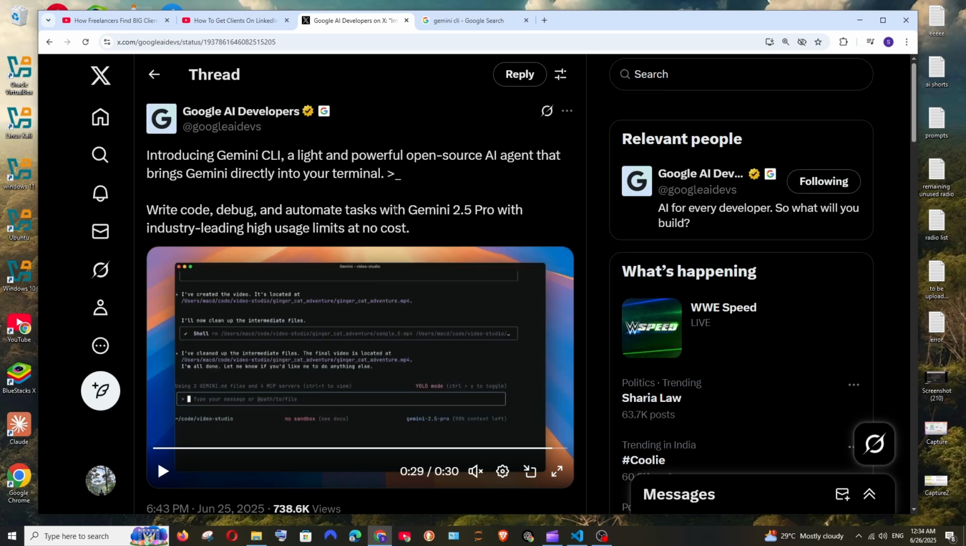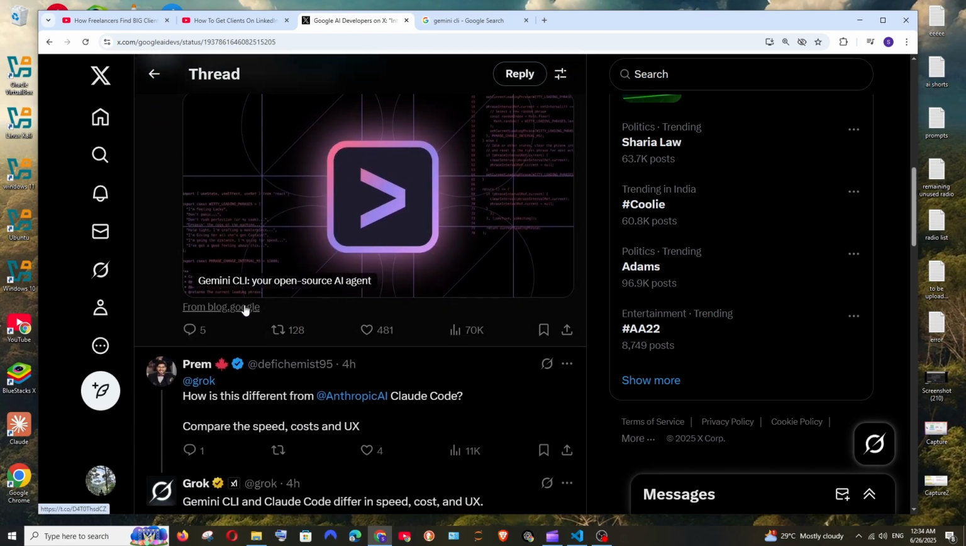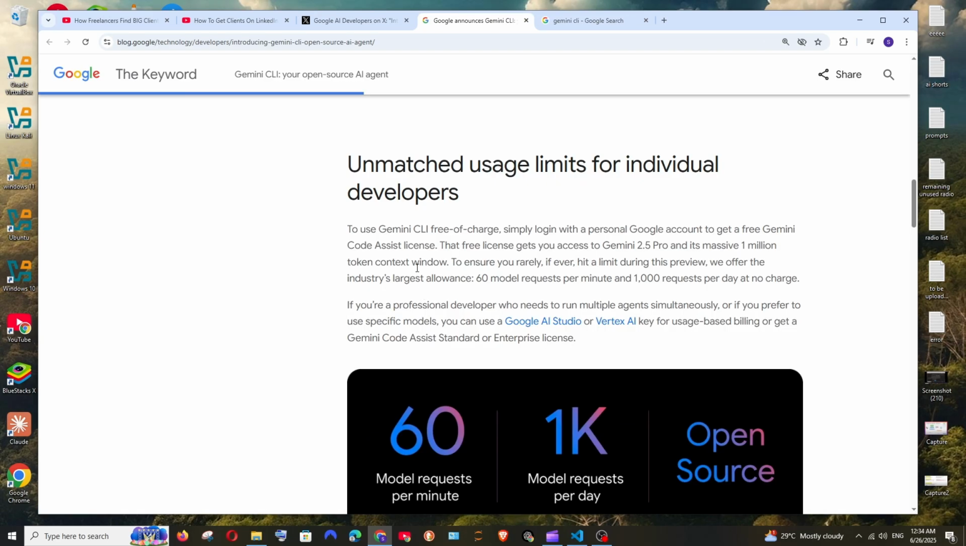As you can see here, they are giving it with Gemini 2.5 Pro, which is their latest model, with high usage limit at no cost. So here they have the blog. If we go and read it through, they have clearly specified to use Gemini CLI free of